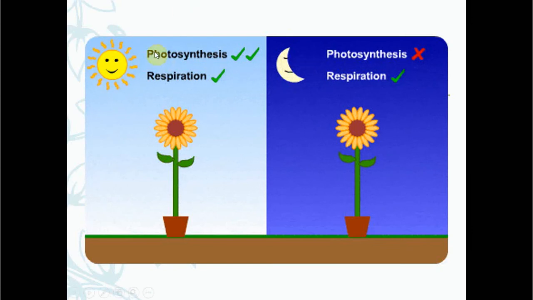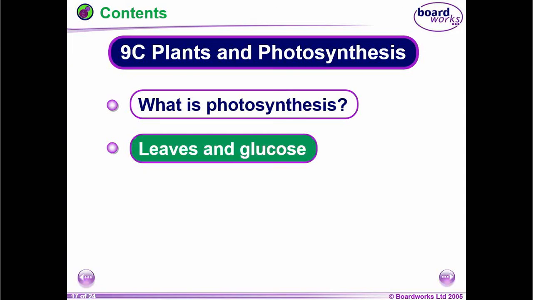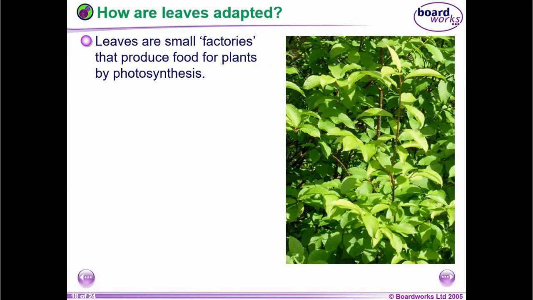So photosynthesis happens only during the day, but respiration happens day and night. Okay, so photosynthesis happens during the day only, but respiration happens all the time in the plant, day and night. The plant respires all the time. All the cells of the plant need energy all the time, so it breaks down glucose to get energy all the time, day and night. Okay, as we said before,